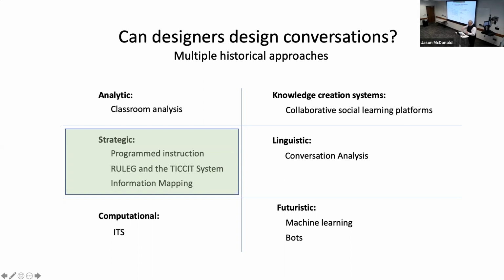Following the same line of research, Evans, Glazer, and Homme devised a simpler taxonomy of message types called rule-eg, programmed in frame writers. Rule-eg stands for rule, example, distinction. M. David Merrill built on this, devised a category system for classifying frame messages used in the development of the ticket system here at BYU.